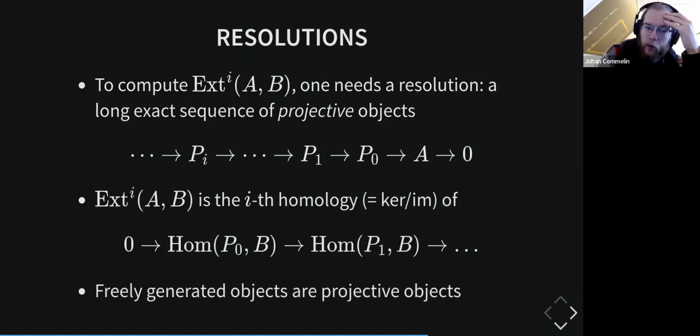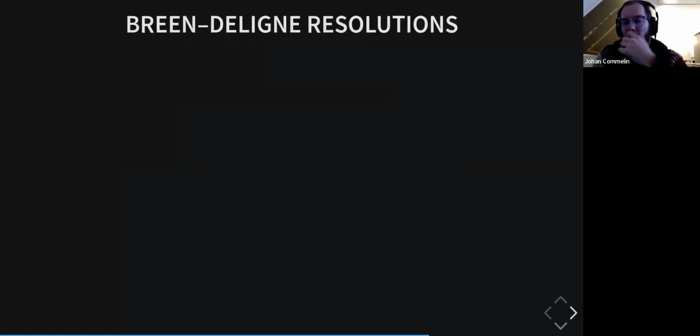And so freely generated objects, now I'm not talking about free complete objects, but I'm talking about honest, freely generated objects. Those are always going to be projective. Free implies projective. I'm just talking about the classical results in homological algebra. Okay, so it would be good if we have some sort of resolution that we can use to compute these Ext groups. And in the original proof by Scholze,